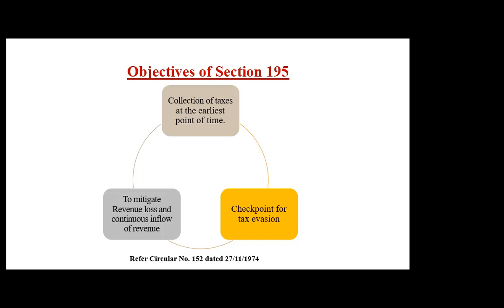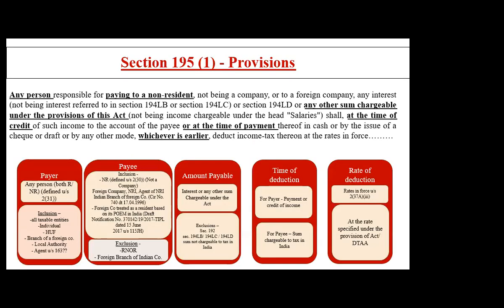So now coming to Section 195. Section 195 has 7 clauses in it, 195(1) till 195(7). I have broken Section 195 into 5 baskets. In clause 1 of 195, I would first read only one line of that: any person responsible for paying to a non-resident. I stop here. So, any person responsible for paying to a non-resident has three portions: any person, responsible for paying, and to a non-resident.